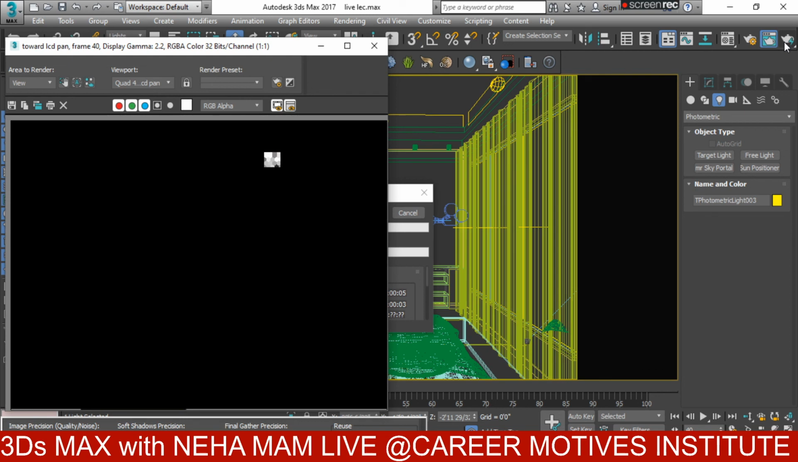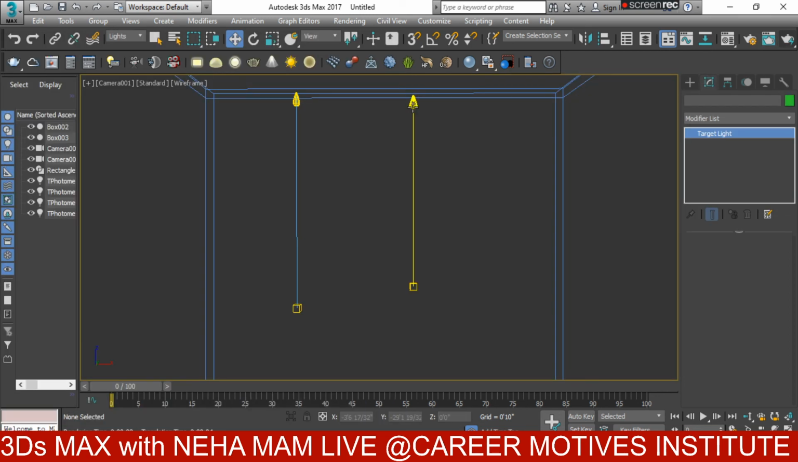Okay, so if I want to change the color of these lights, I can do that too. So here is the option filter color. So here you can change